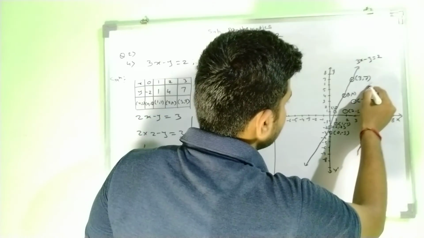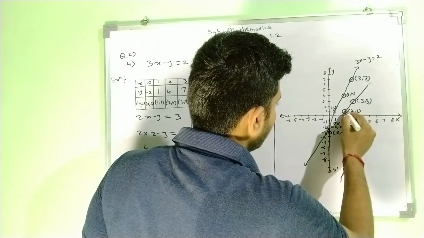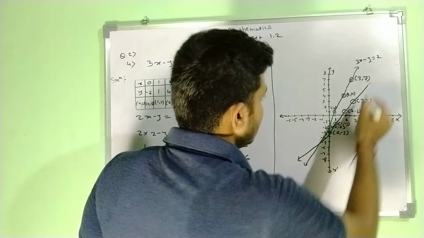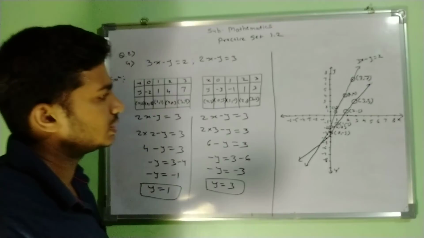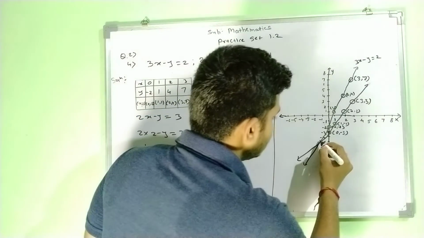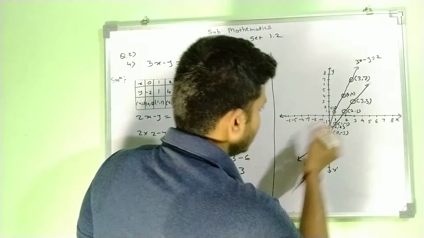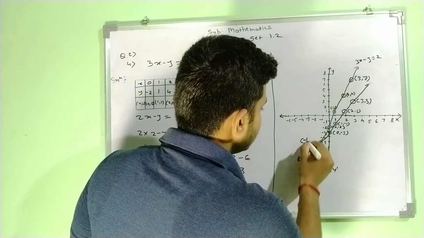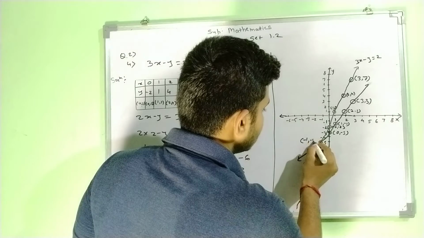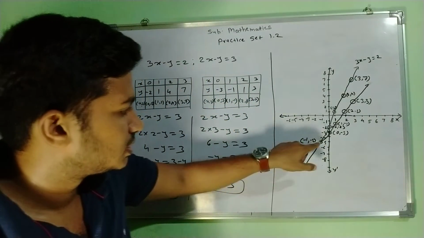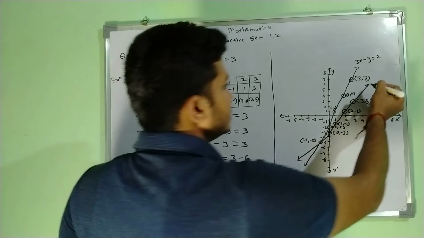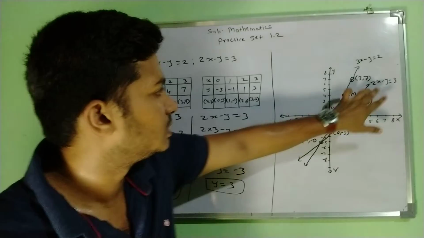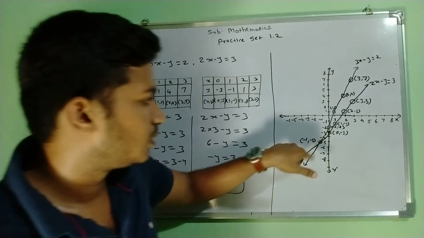Now we will make one line. All 4 points will go through the same line, and it will intersect the first line at some point. So this is the point where the two lines are intersecting, and that point is minus 1 on the x axis and minus 5 on the y axis. So the point of intersection is (-1, -5). And the equation of the second line is 2x minus y is equal to 3. This is our second line, this one is first, and they are intersecting at (-1, -5).